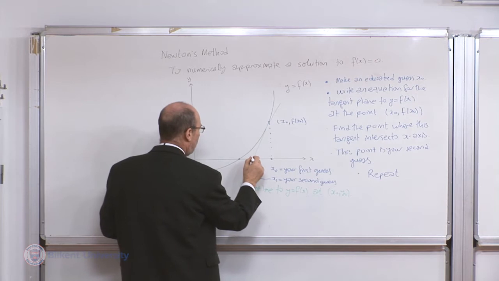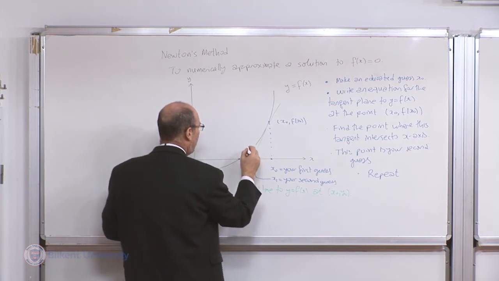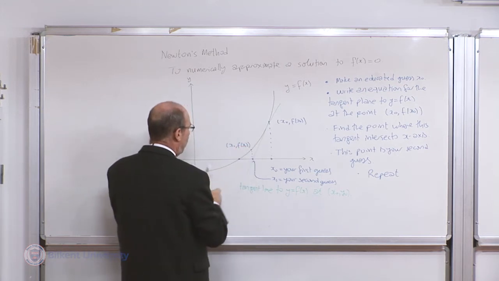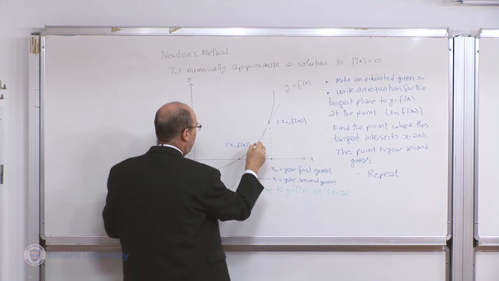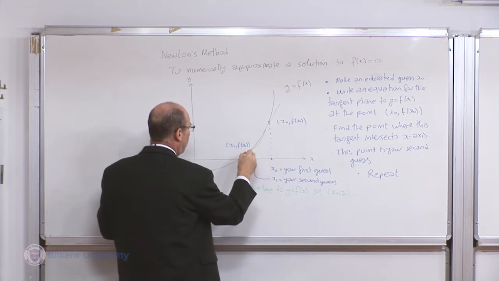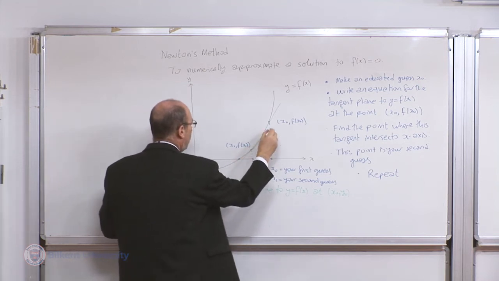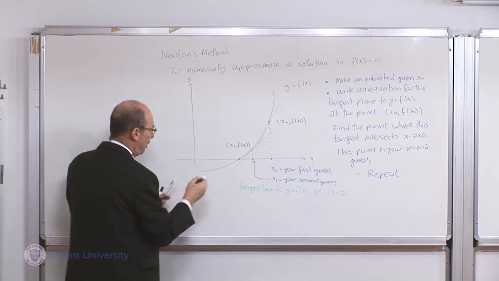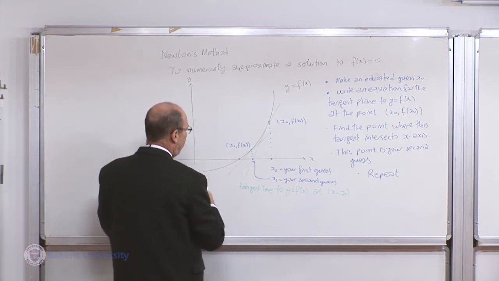So you come to this point now, x1, f of x1. You draw a tangent line there. So this is the second tangent. So this is your next guess,